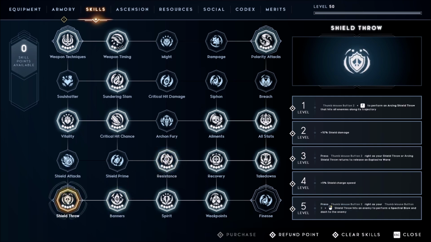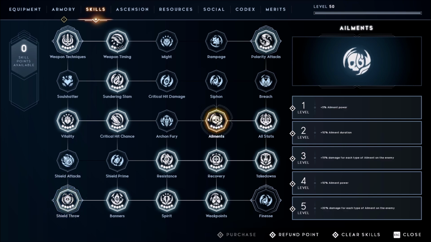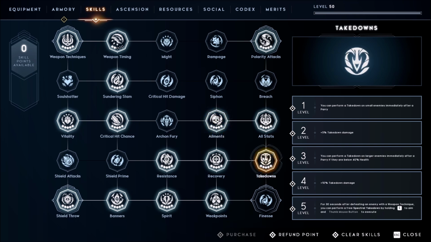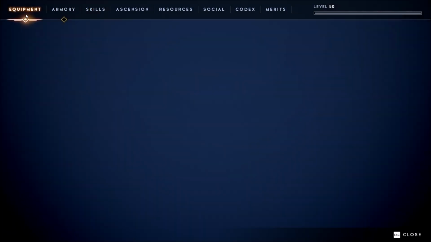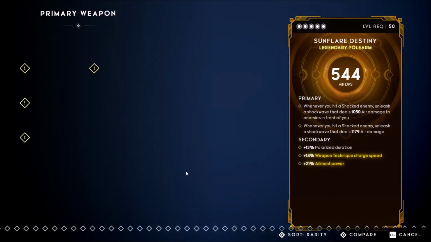Shield Throw is really nice utility I found, especially the level 5 one. I'm actually so in love with that move. It's like another spectral takedown. 5 points in ailment for a lot of damage, 5 points in takedowns to deal with shield enemies, and lastly polarity attacks. The reason I'm using polarity attacks here is mainly because I like to use the polearm that gives